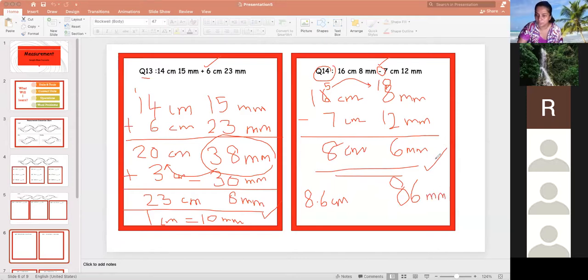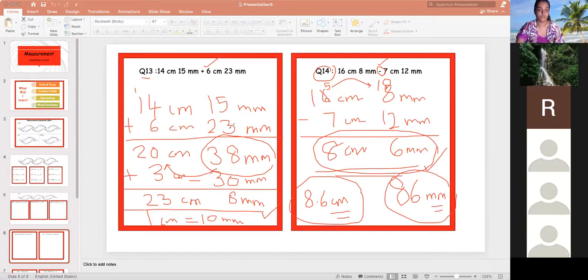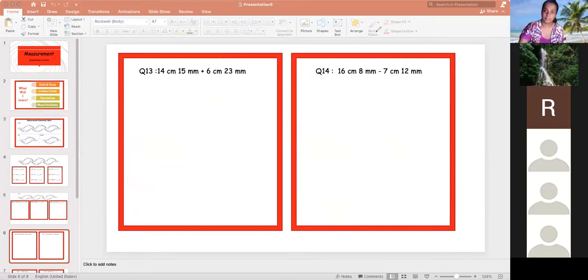So you see boys, you can answer in 3 different ways. Either you separate the unit, or you can join up with the cm, or you can join up and give it as a millimeter. Okay, these are the things that you should know. Okay, clear. You want to see this, you go watch the video again. All right. Next question, number